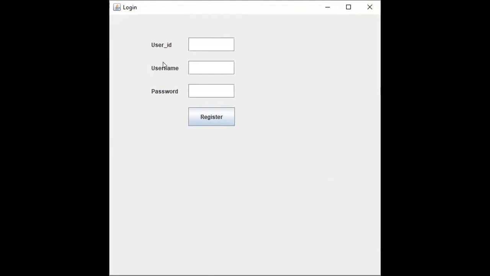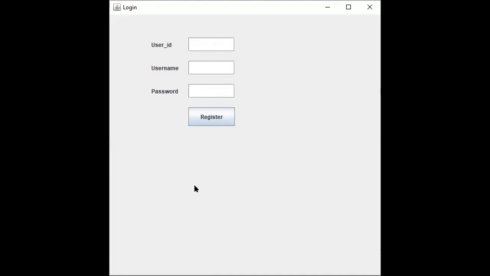First label is user ID, second label is username, third label is password, and I have to add 3 text fields. This is the text field in which I'm going to enter the user ID, in the second text field the username, and in the third text field the password. And I have to take one button and give it the name register. So this form I have to create.